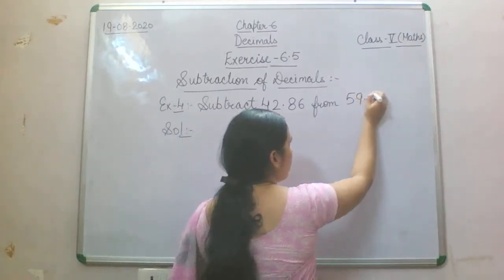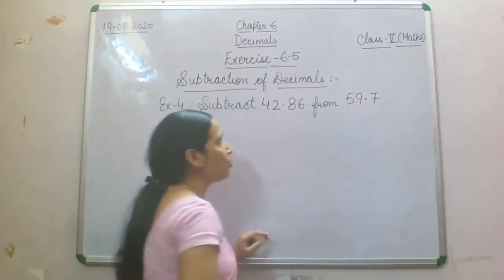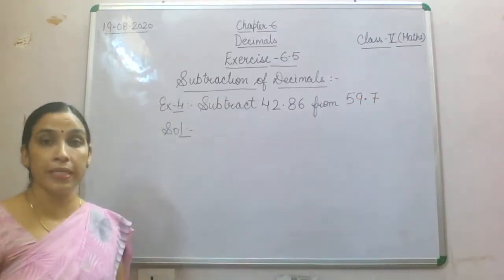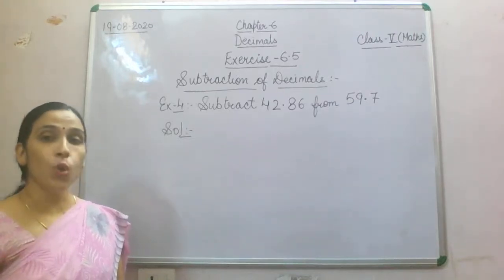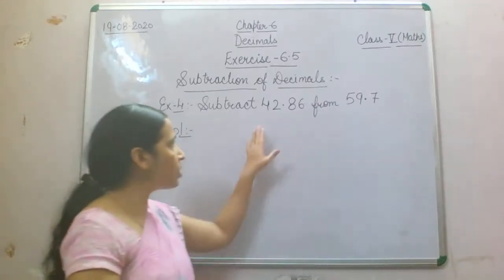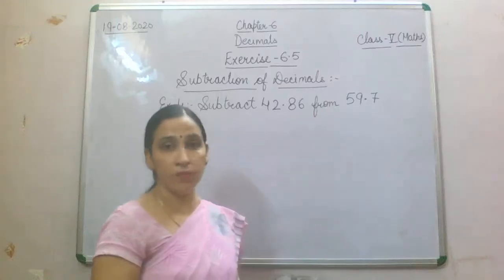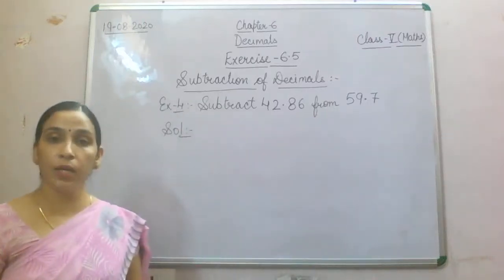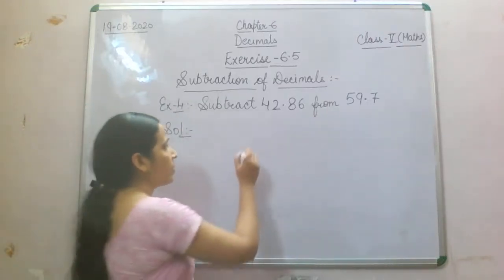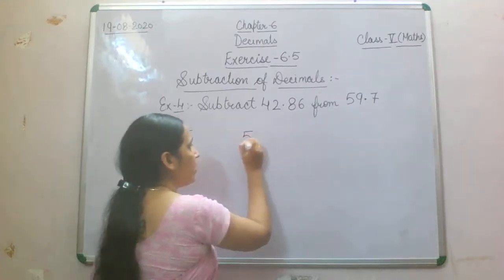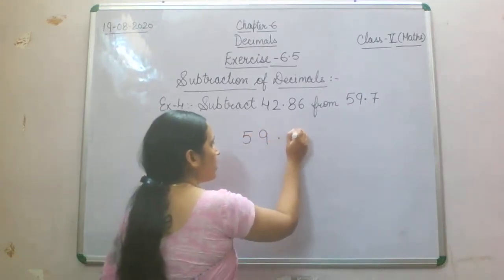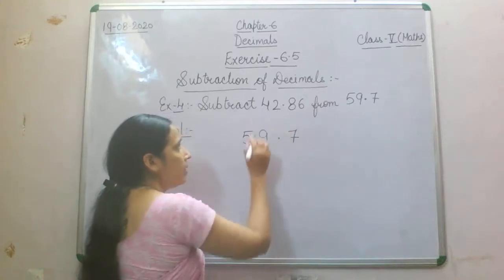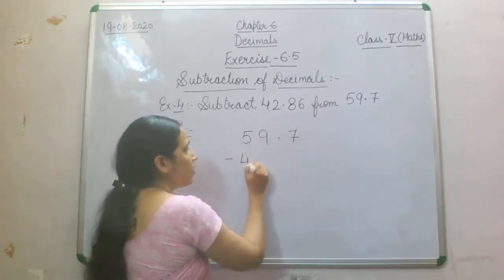From 59.7 you are supposed to subtract 42.86. Which is bigger, 42 or 59? 59 is bigger. It means we are going to write 59.7 first, and here minus